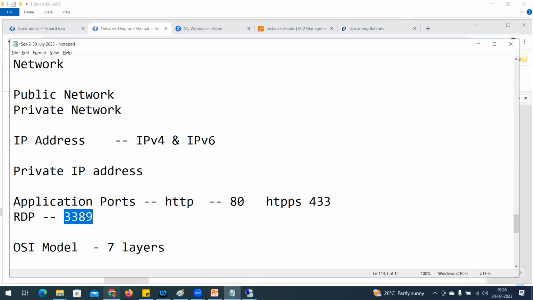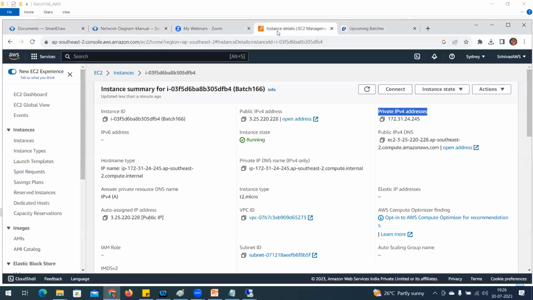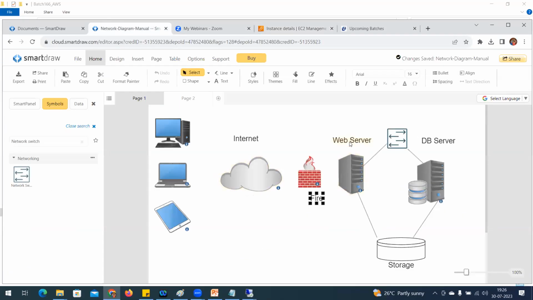That's the reason that in the creation of this particular instance, we created a security group, and in that security group we allowed only RDP. Who is going to protect our environment? This particular server is a web server, and the TCP client only needs to connect to the website over HTTPS. So in this firewall, it is going to allow only port number 443. It is not going to allow any other. That is secured HTTP communication.